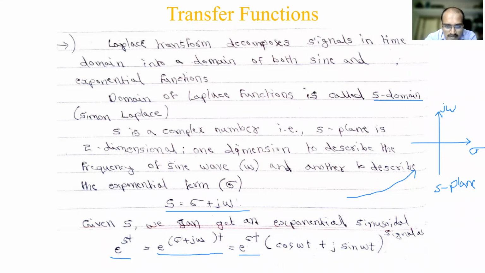Okay, so we will be splitting this. So when you split this, what will happen? e to the power a plus b into t, e to the power a into t, e to the power b into t. So what is b? So e to the power j omega t. Okay, so this j omega t value, you know, from some theorem in maths, Euler's or something. So from that you will get cos omega t plus j sin omega t. Okay, so this is the exponential for e to the power j omega t.